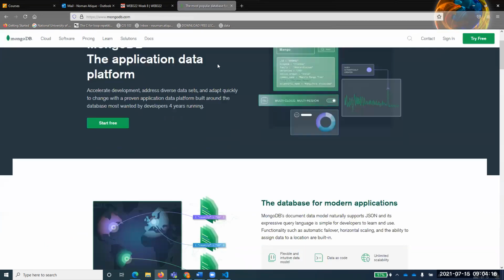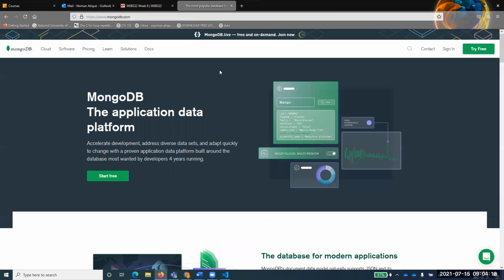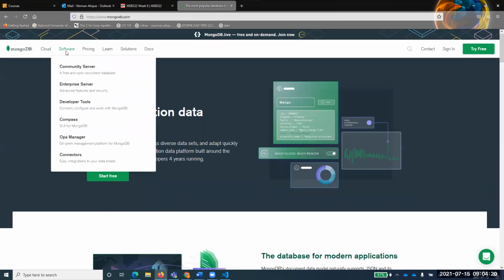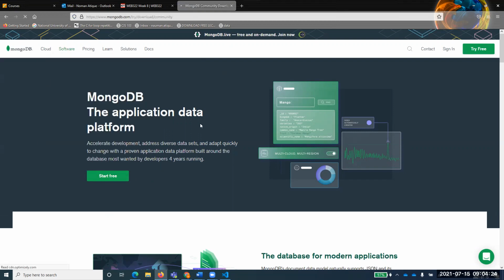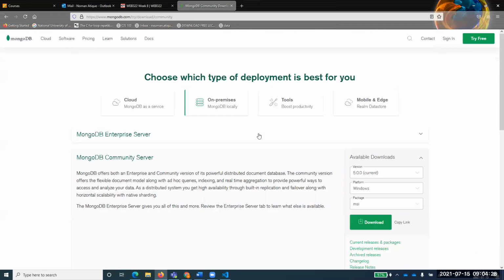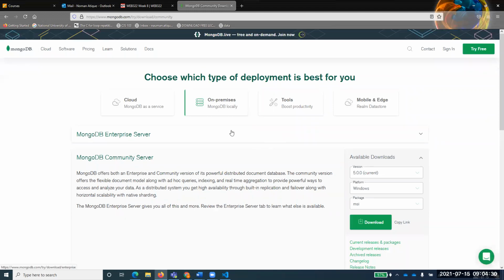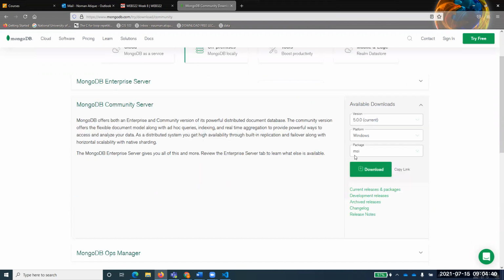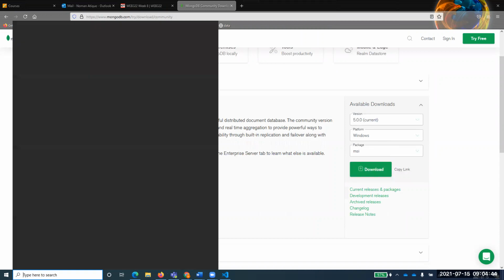I want you to install this community server. Right now what I'm asking is that you just install this on premises, and this is the community server that you have. I want all of you to download that if you don't have it already.